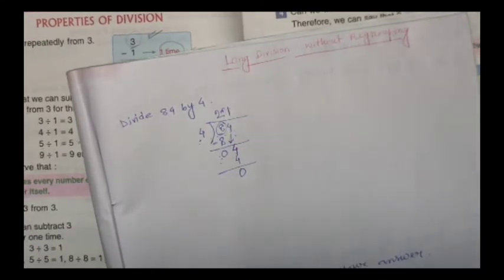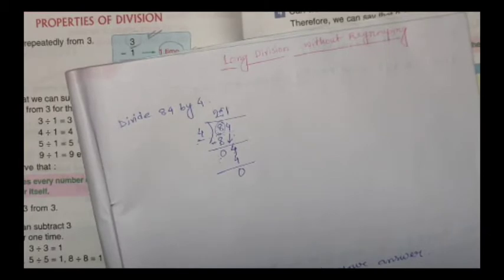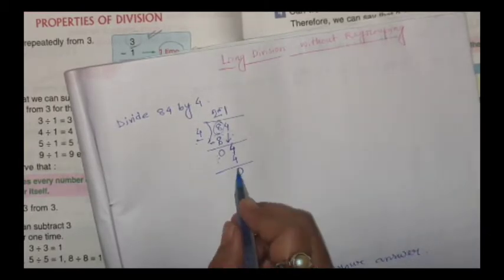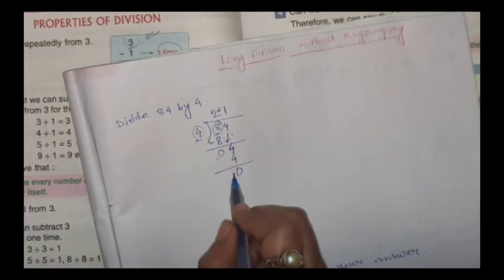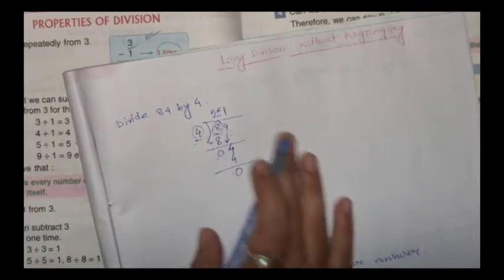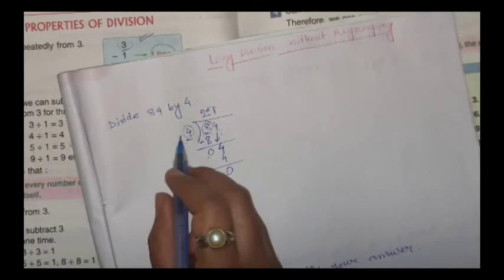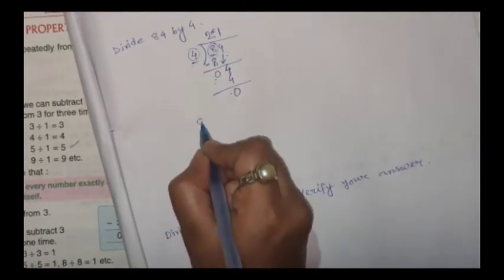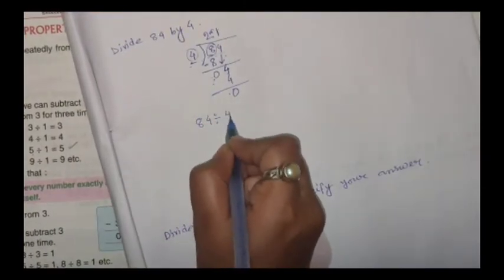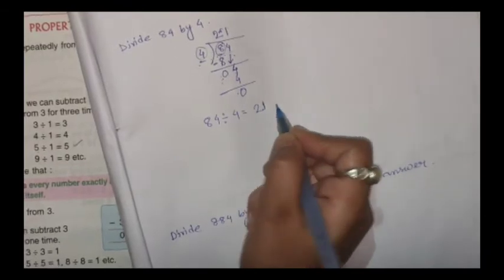So until we get the remainder as 0, we will continue the process. Until we get the remainder as 0 or less than the divisor, we will continue this process. So we can write this as 84 divided by 4 equal to 21. Okay,